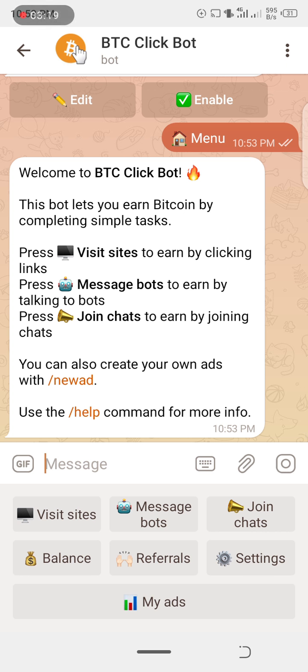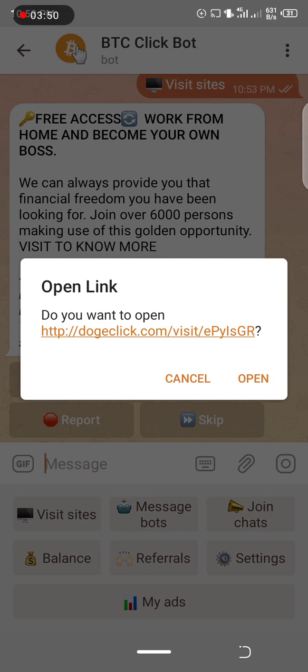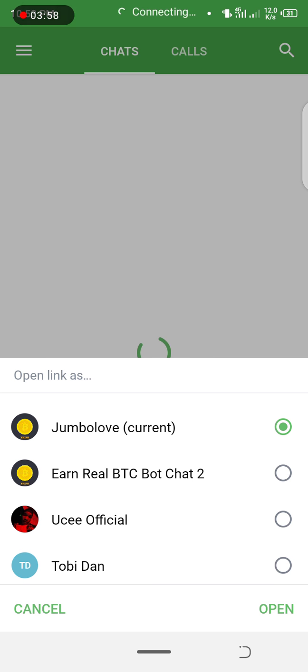On the visit site button, you visit sites to earn bitcoins that you can use for your adverts. You could also withdraw those bitcoins, but I don't think it's of any use because you have to suffer to get bitcoins over here. But buying ads with your bitcoins is very cheap and affordable. So you click on the visit site button to visit sites to get bitcoins. For example, if I visit this website over here, I'm going to be awarded a BTC. I'm going to show you an example.